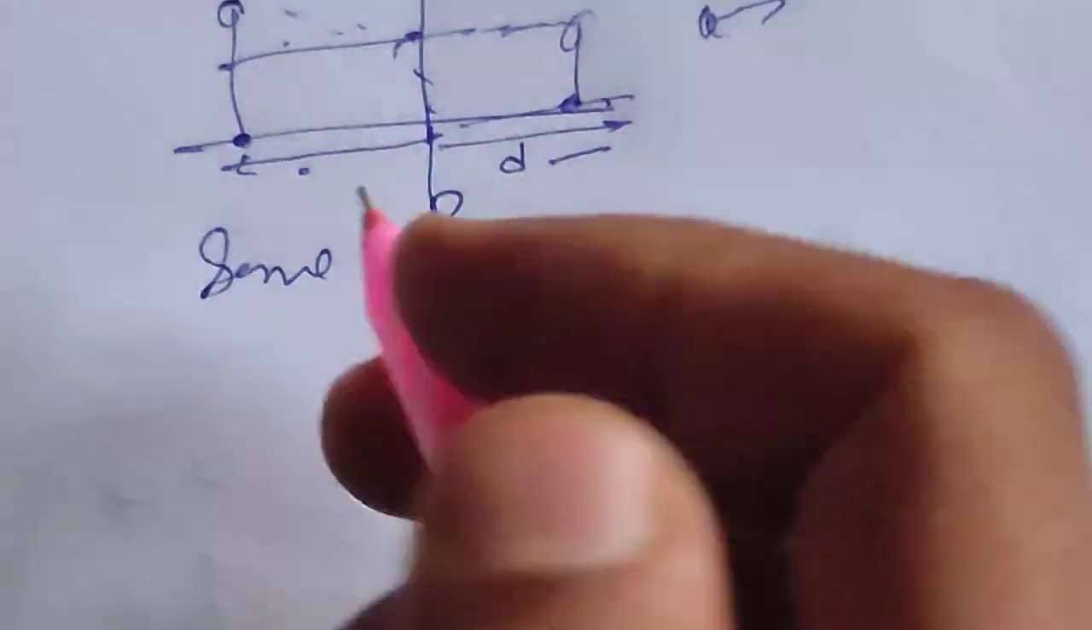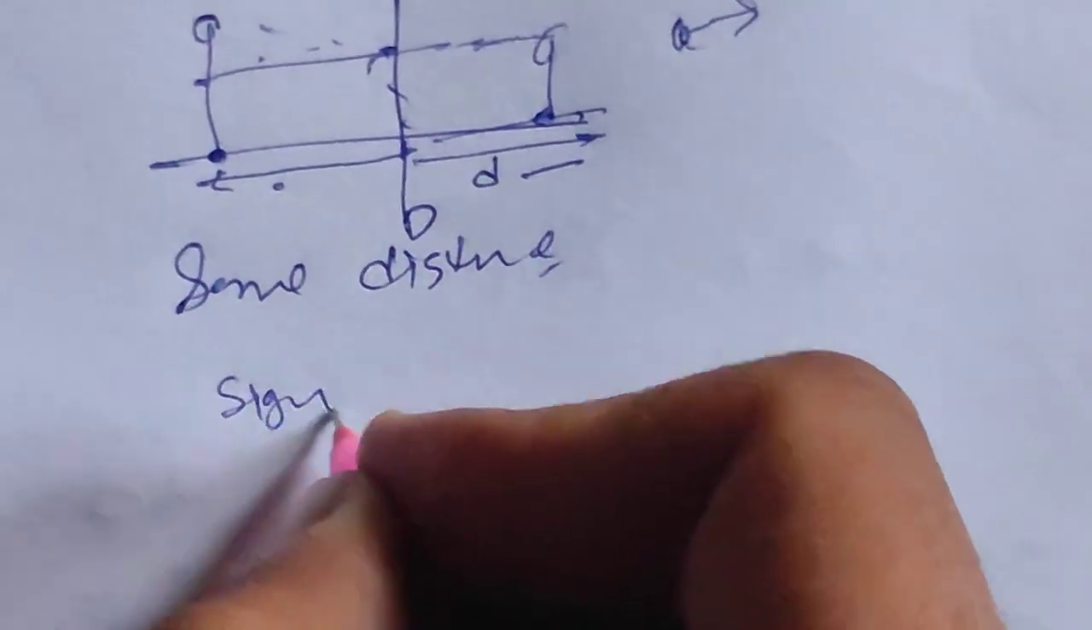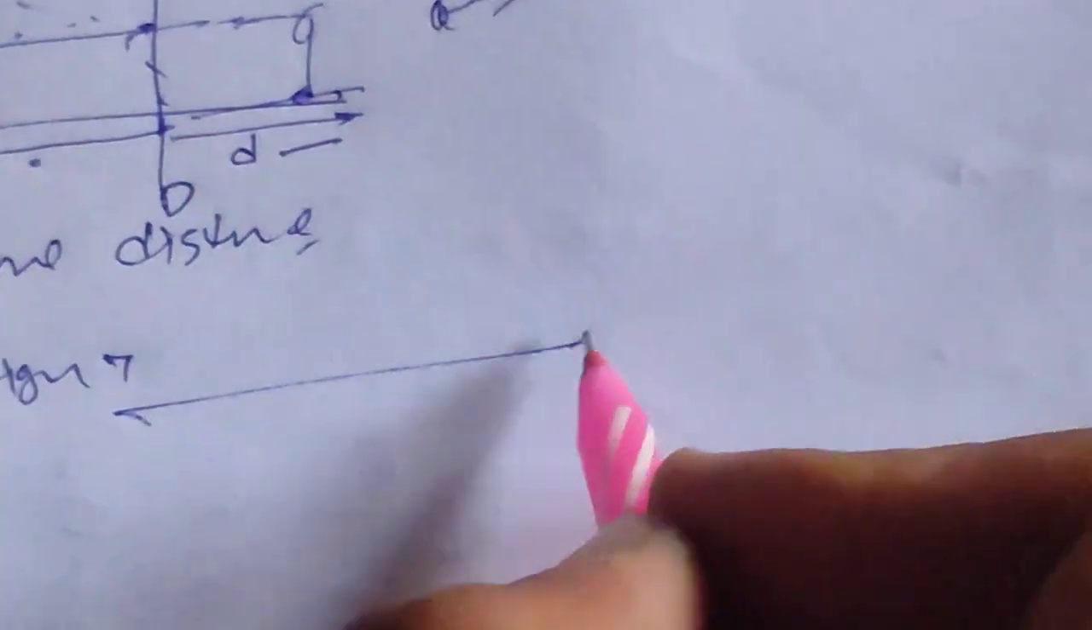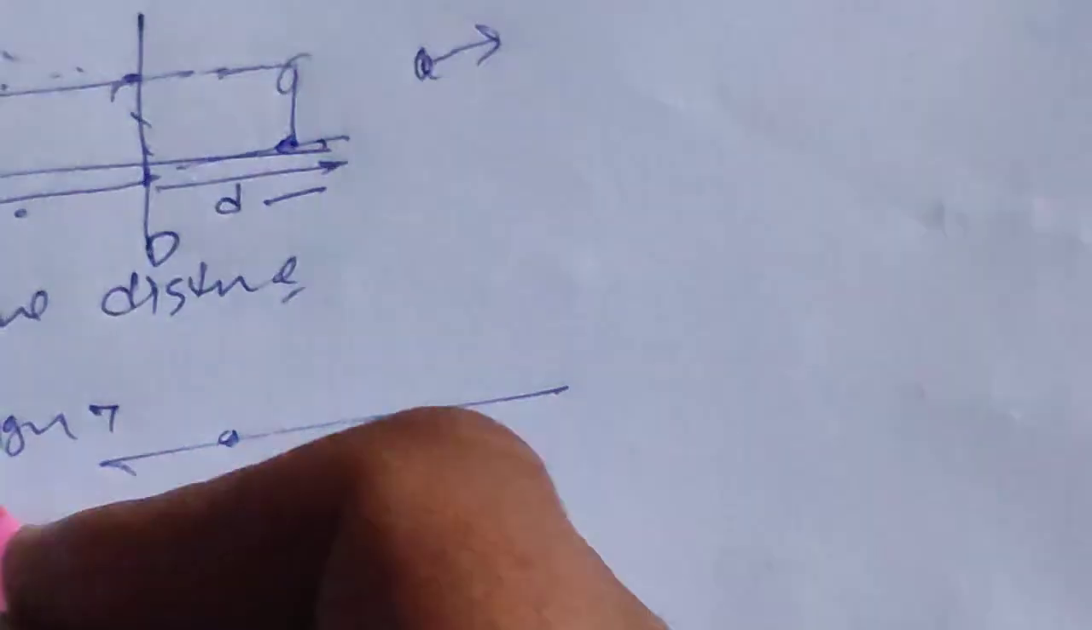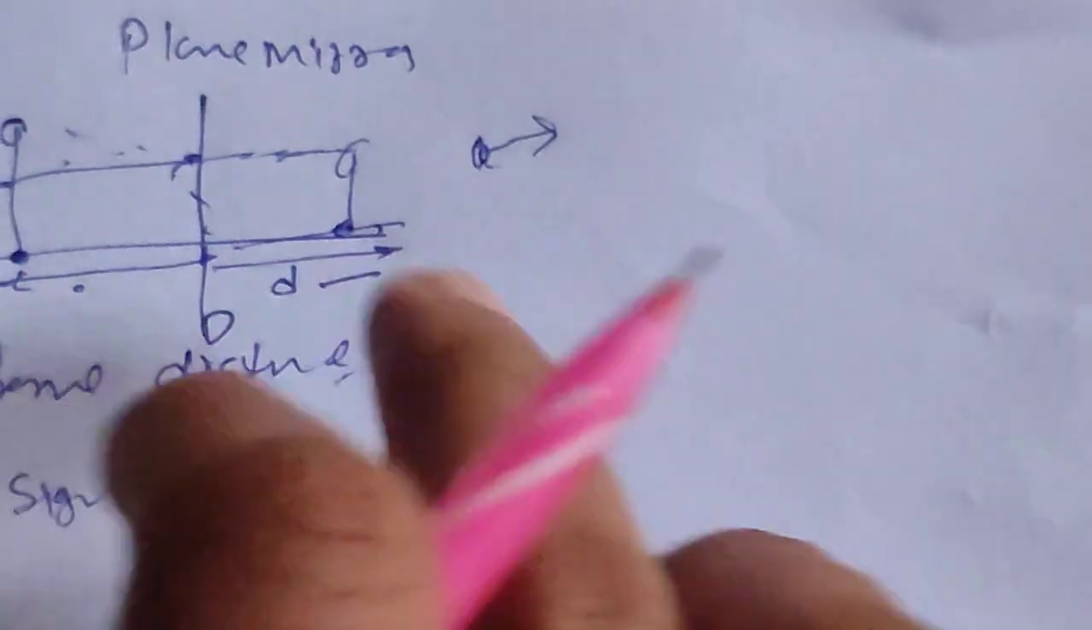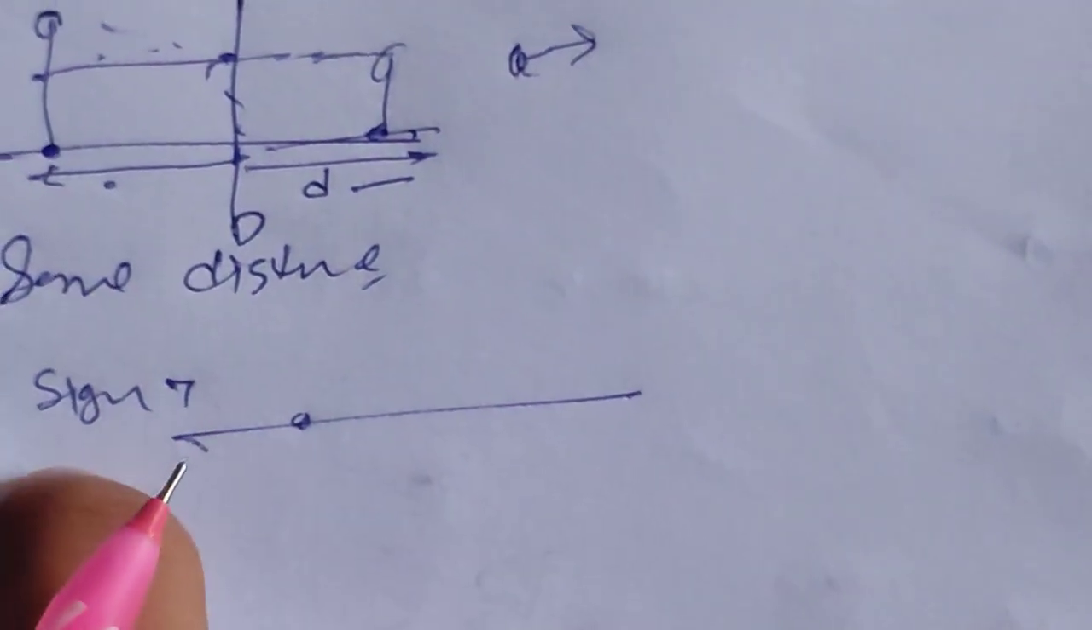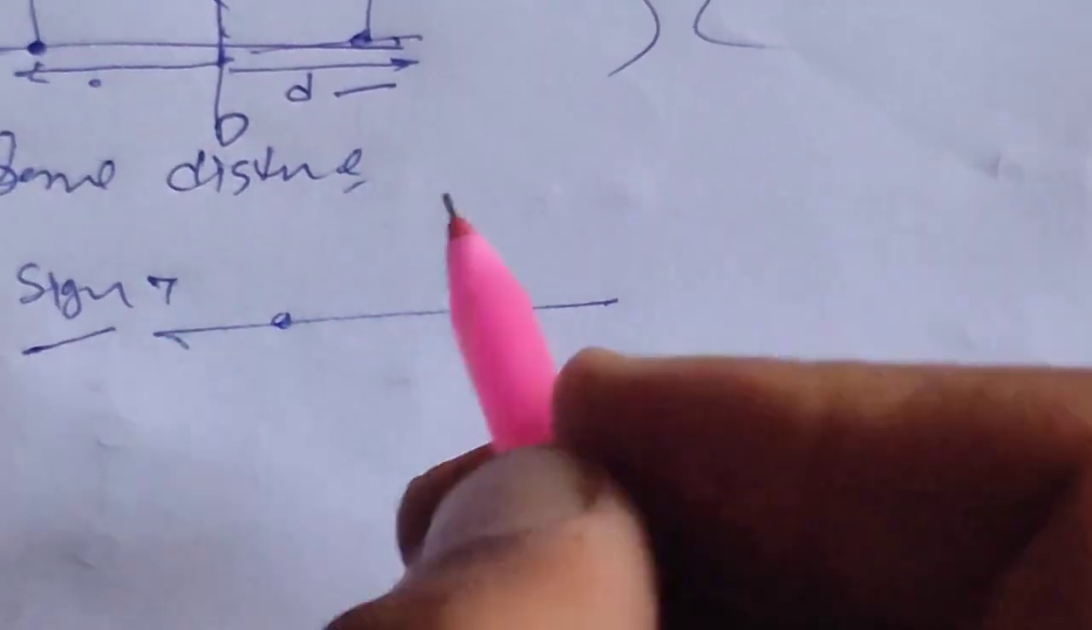So first of all, we use the sign convention. In a plane mirror, there is no use of sign convention, but when we talk about the concave and the convex, in that case the sign convention plays a very important role. So first of all, the sign of